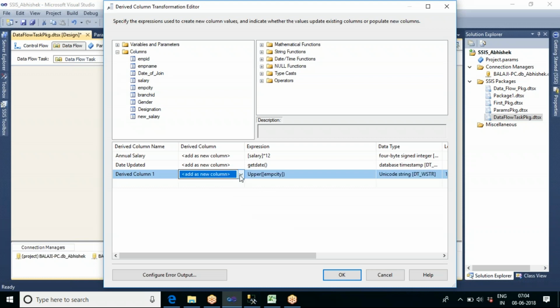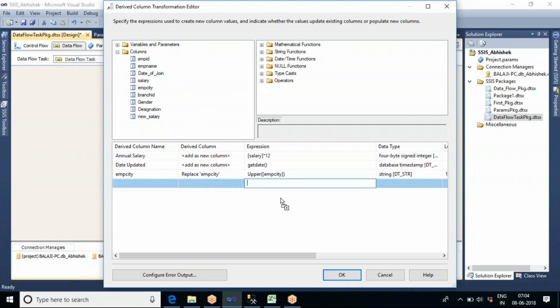If you just want to replace the existing column data, you can select the replace EMPCT option. After applying this expression or function, it won't add a new column, it will just replace the existing column. If you want to see that, you can see it here.